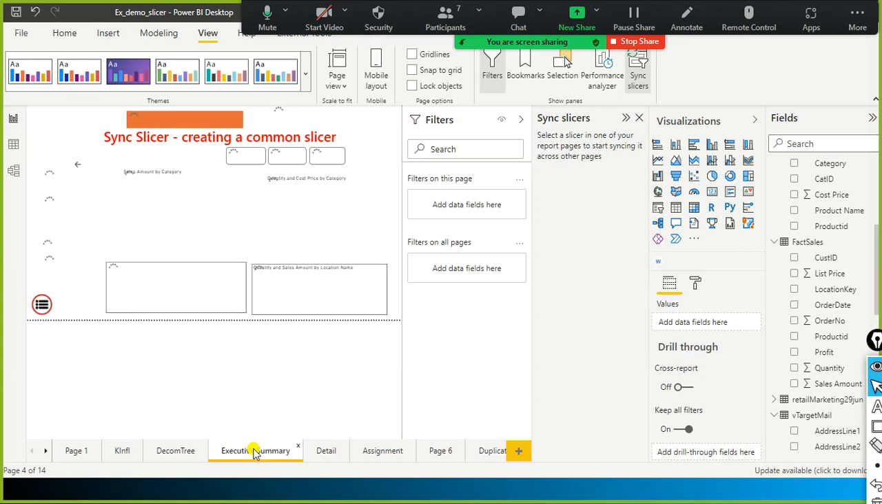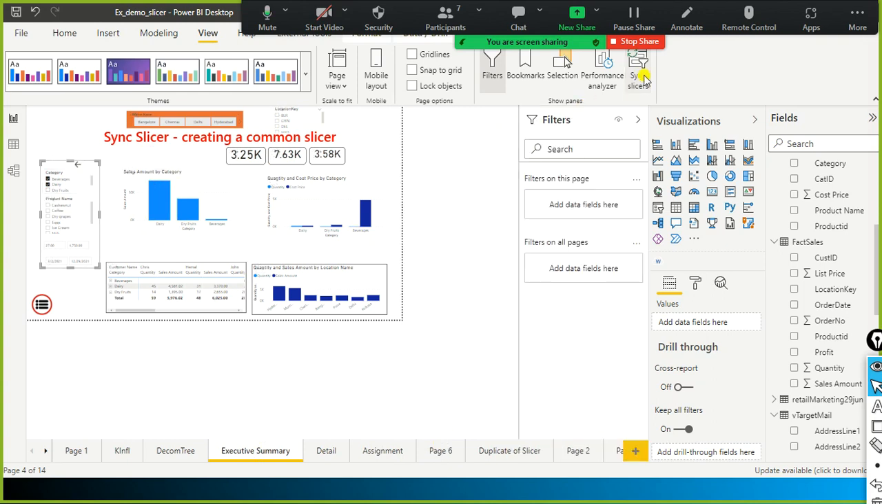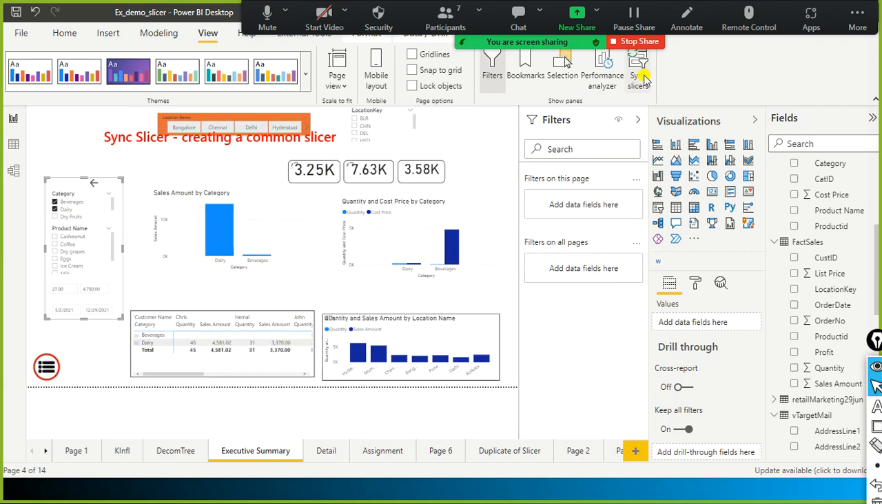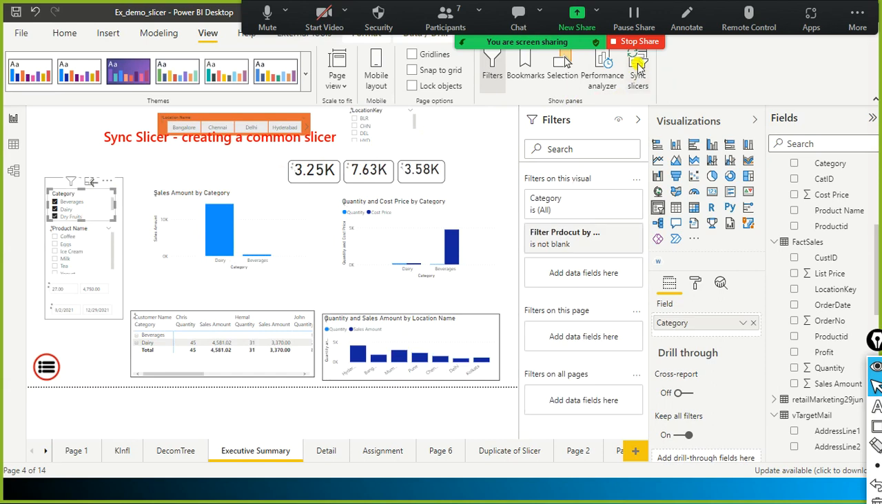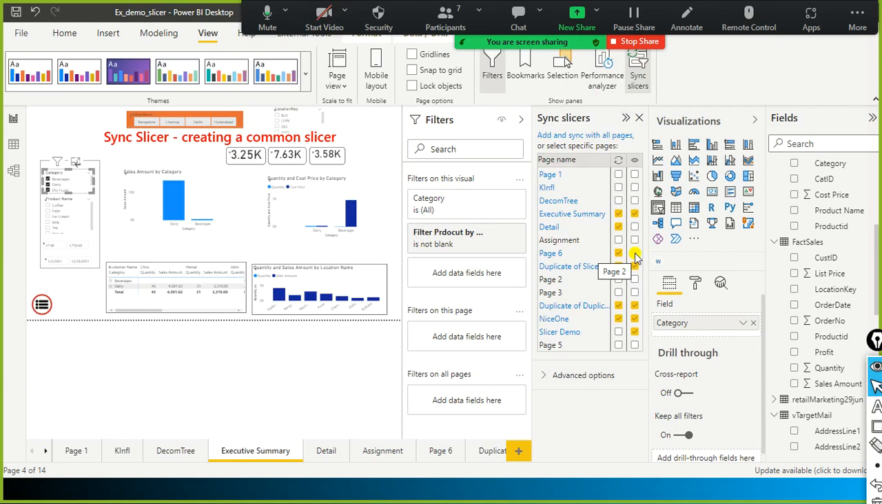So what is a sync slicer? If somebody is asking you, what is a sync slicer? Creating a common slicer across the desired pages, okay? Look here, whatever I applied, the same thing applies. So if I want to disable it on page 6, what should I do? Select this slicer and click on sync slicer once. Click on sync slicer. So now I selected 3 categories, and in page 6 it doesn't display it, but only